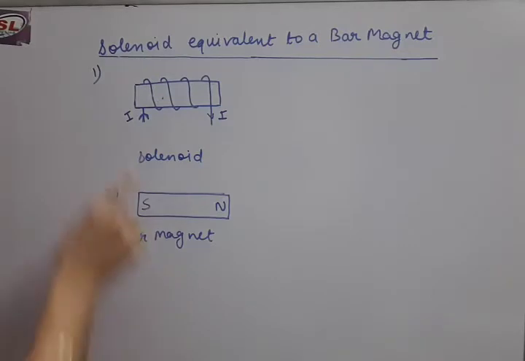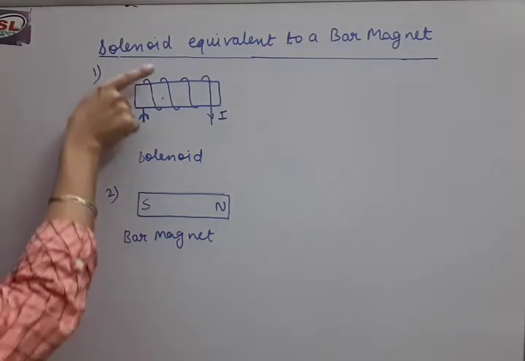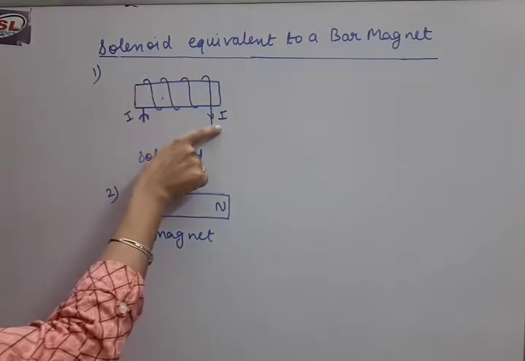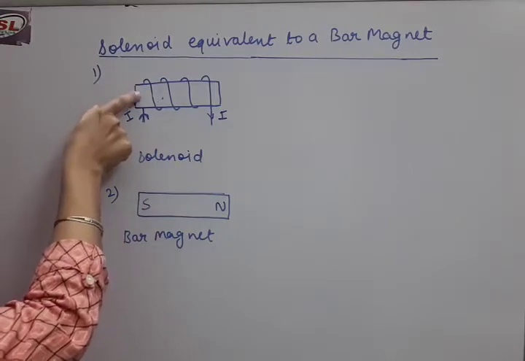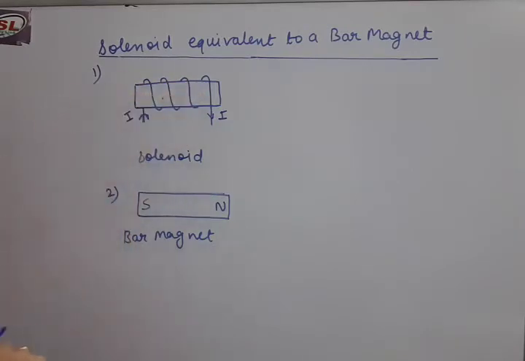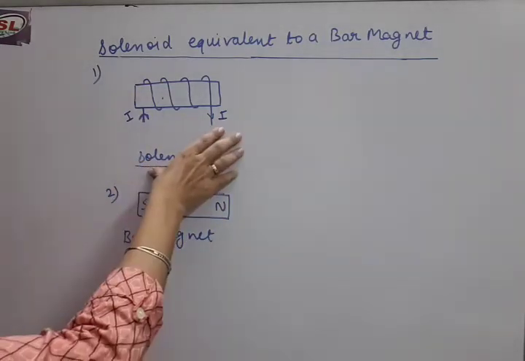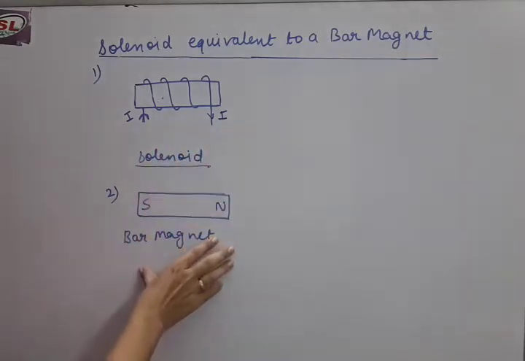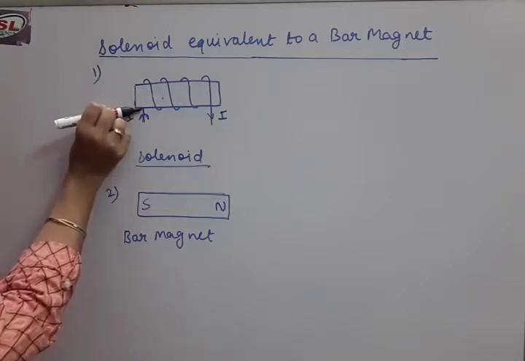Now what happens? The current enters from one end of the wire, then circling, it exits from the other end of the wire. There can be a medium or there cannot be a medium inside this winding. So this is a solenoid. Okay. Now how can we say that a solenoid is equivalent to a bar magnet? First of all, we will discuss where this logic has appeared, and then we will prove it mathematically also. So suppose the current is entering from the back side of the solenoid.